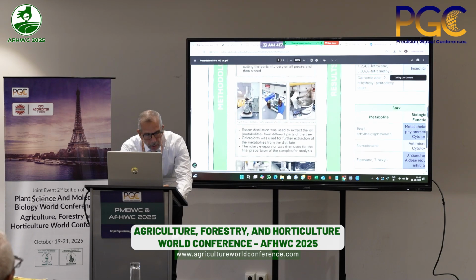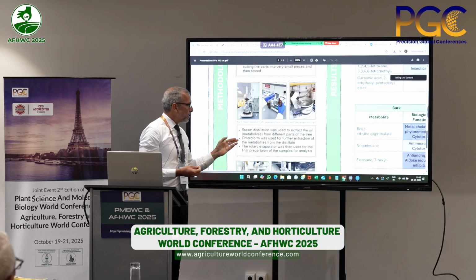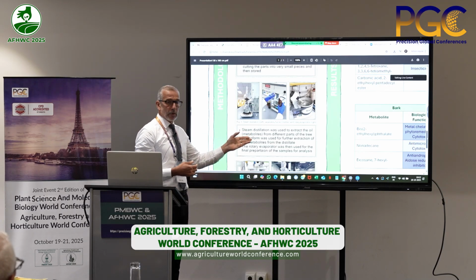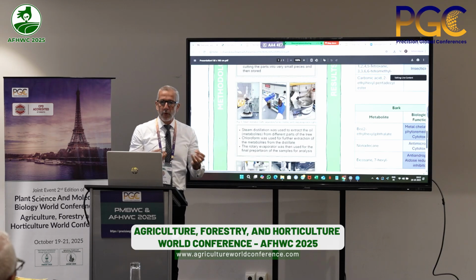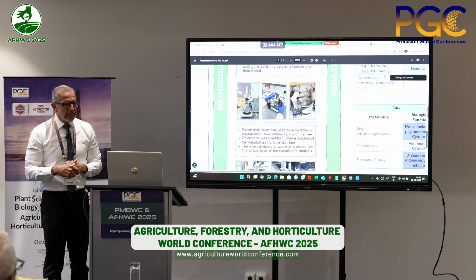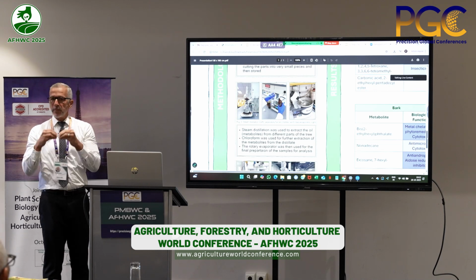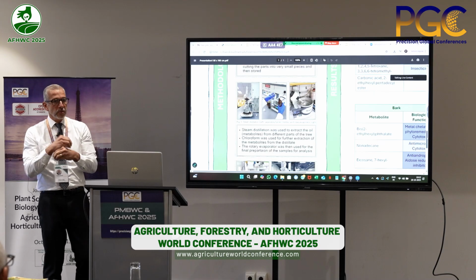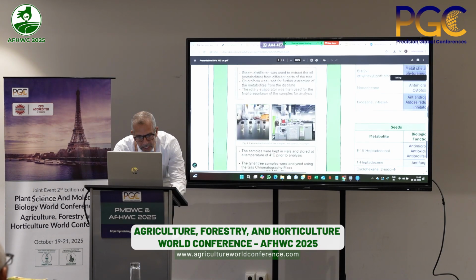Now, preparation of the different parts of the tree involved steam distillation, which was used to extract the oils, the metabolites themselves, and then to isolate them, we used chloroform in order to isolate the metabolites from the different parts. And then we used a rotary evaporator in order to concentrate the samples to be able to detect later on using the GC-MS